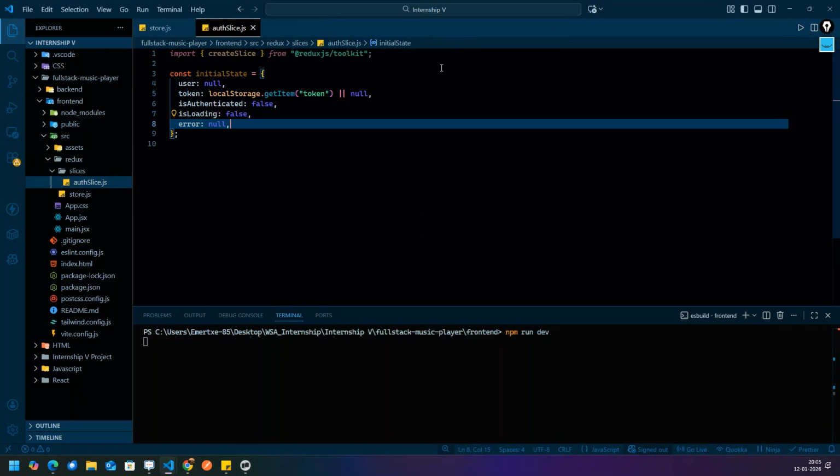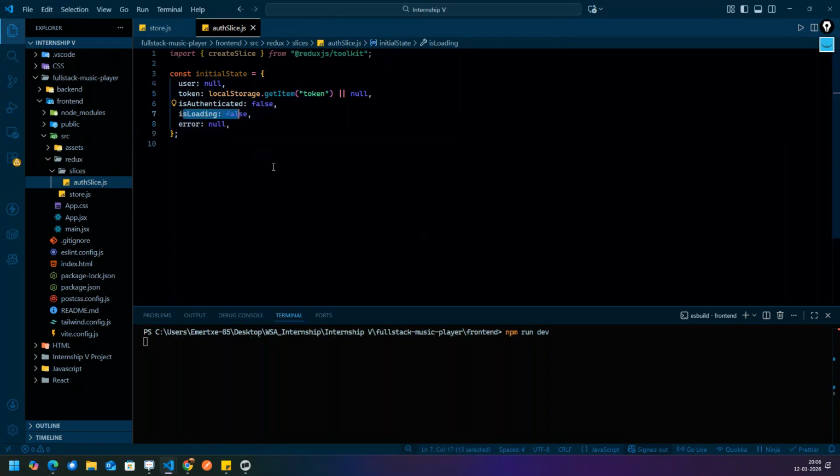The user token is whether you are authenticated or not. If you are authenticated, I don't want you to log in again. That's the only reason we have written is authenticated. And if you click on the sign up button, up to when you get the response, it will take time, correct? By that time I'll make the loading true. Like this only we will write.